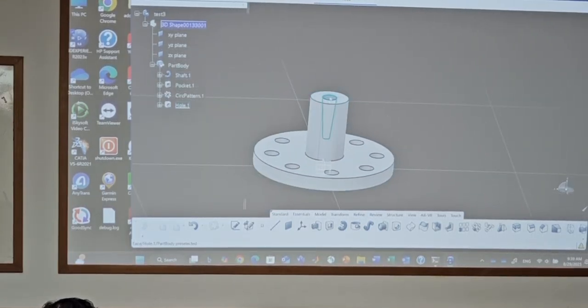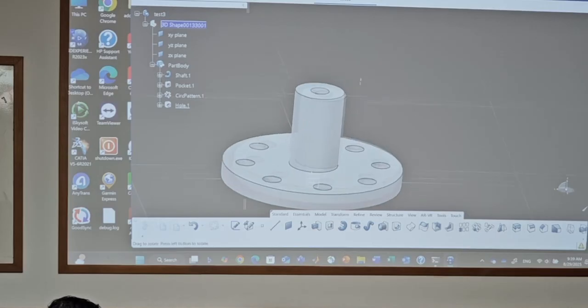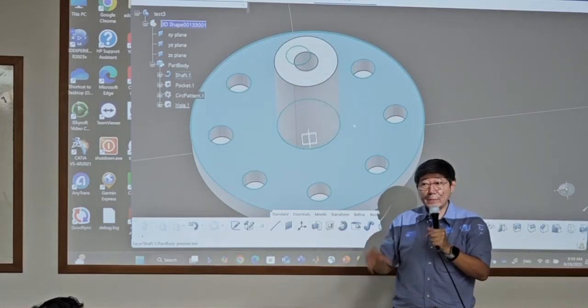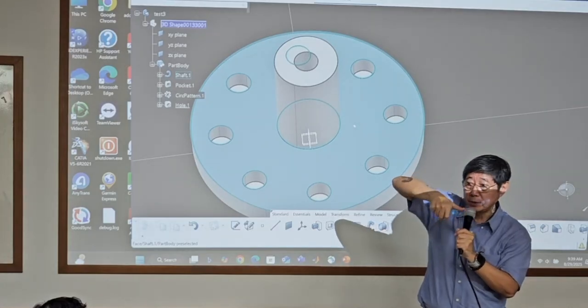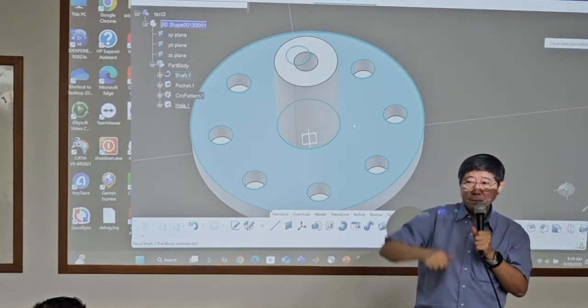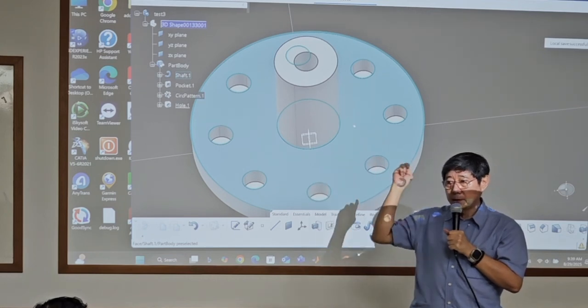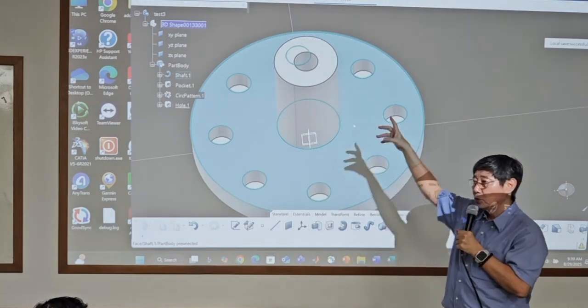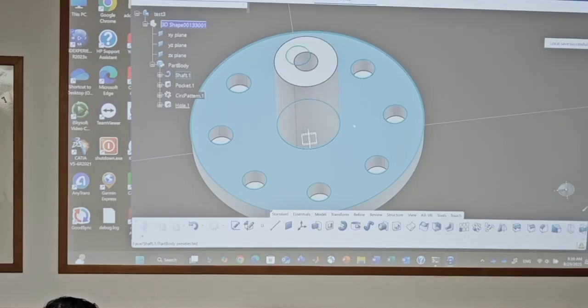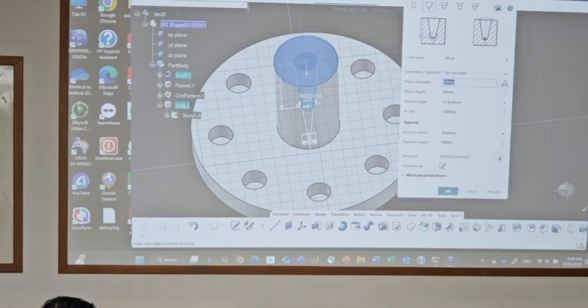Sometimes for some connection, some connector, we need some taper as well. Okay, this is more difficult to create. If you don't produce this type of taper, oh, it's difficult. If you have some special drill, it's difficult to make too, but there are special tools to produce this one. Okay? Let's say I can change to another one. Let's say instead of taper,